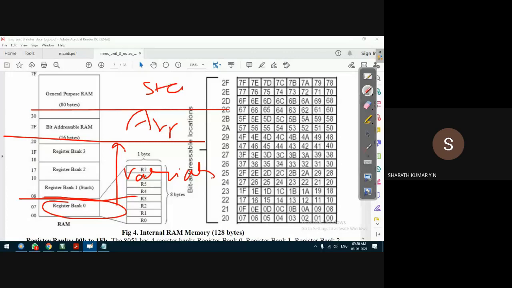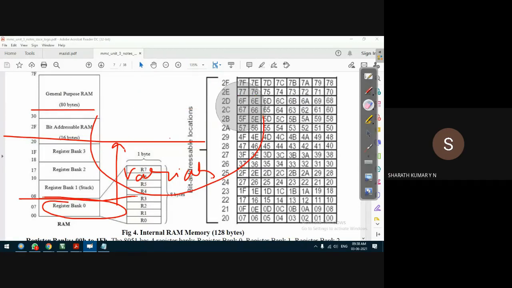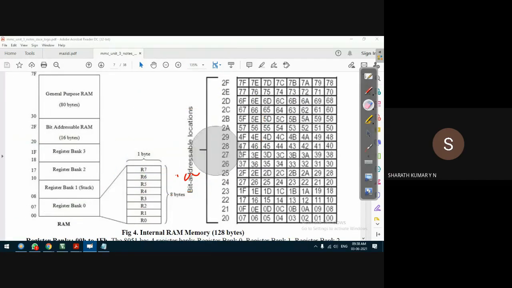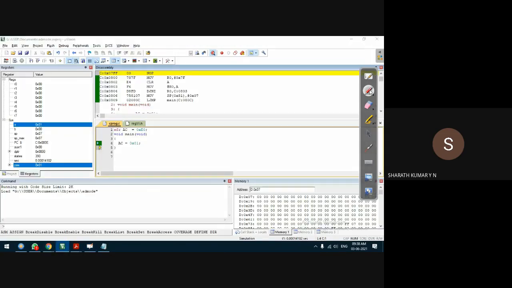Okay, so thereby it has to convert the program into assembly code in such a way that these things are handled by the compiler. So if you see, this is RAM space. Of course, in ROM space the assembly code is generated and it is something like this. We don't understand why this is move R0 comma this one, clear A, move @R0 comma A, okay, DJNZ R0 comma C.